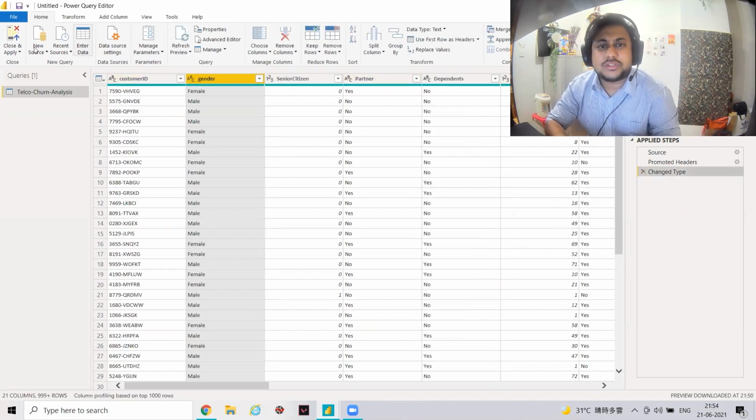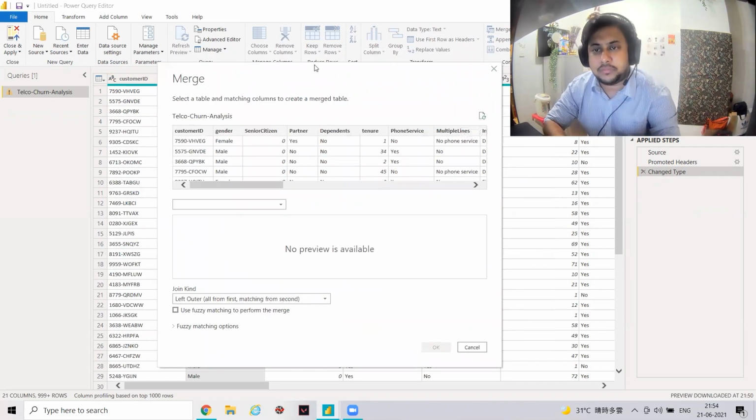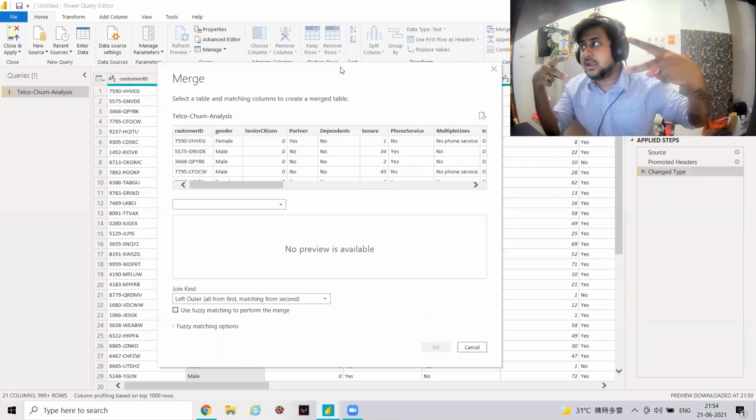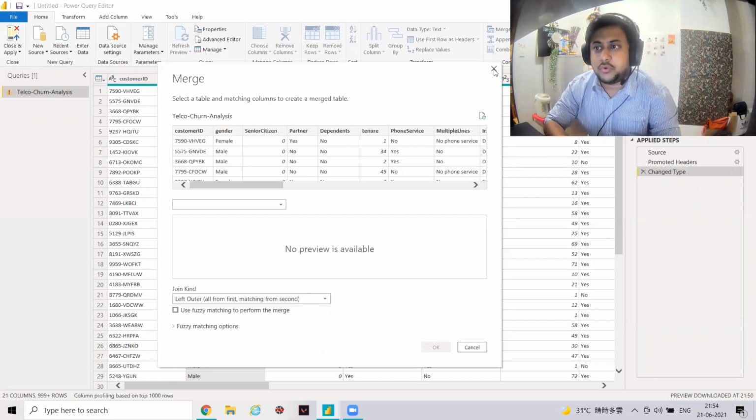Once your transformation has been done, a lot of things are there. Replacing, merge queries. Let's say you are dealing with 2 tables. You can use this merge query option. Of course, it is not visible here, but when you start working on Power BI, you will see the full options. Merge is nothing but, let's say you have 2 tables, customer and order, both interlinked with each other using order ID or customer ID.